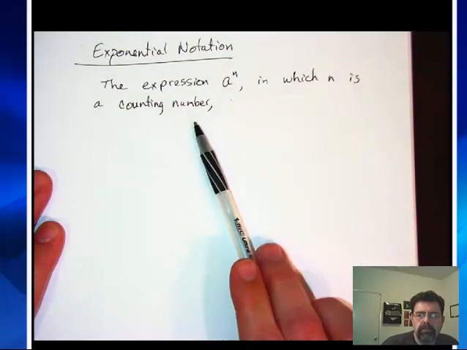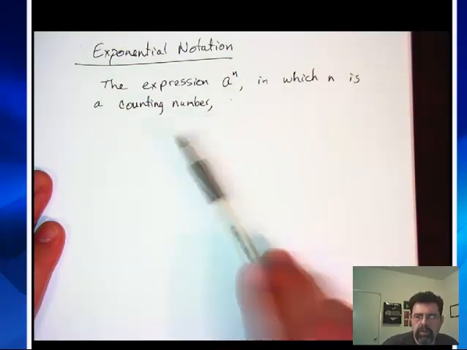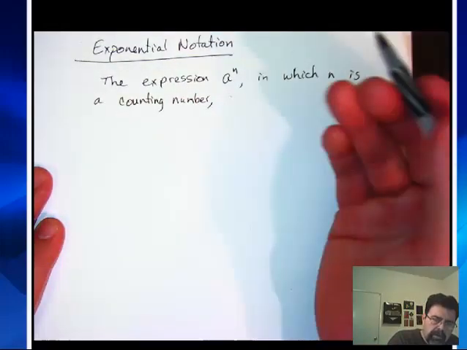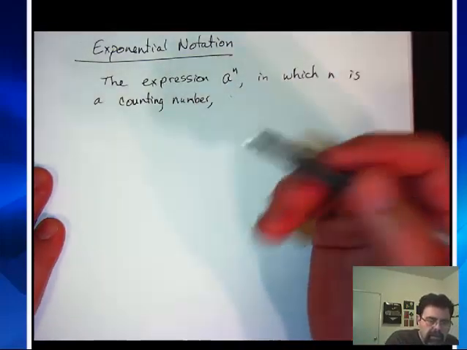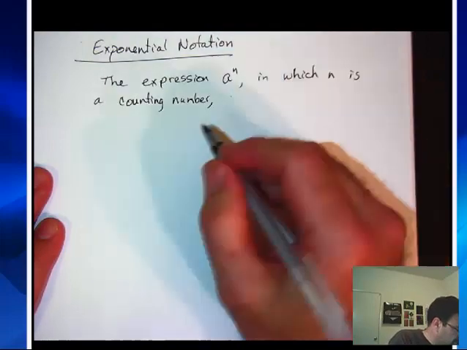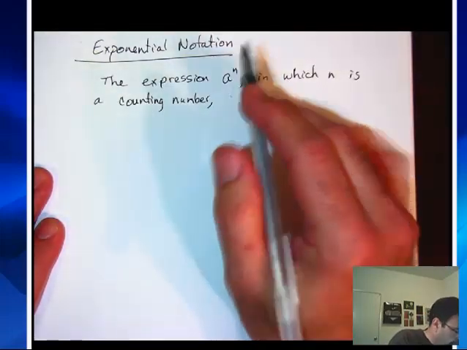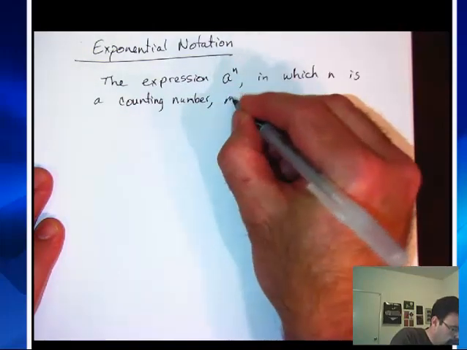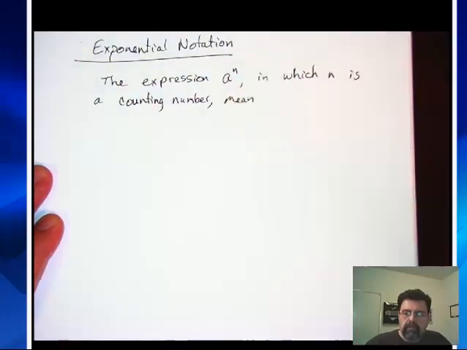Okay, so n is a counting number. Counting number we're going to talk about in a little bit. 1, 2, 3, 4, the numbers you use to count. Okay, so 1, 2, 3, not 1.5, not 3/2, 2/3. Okay, so in which n is a counting number means